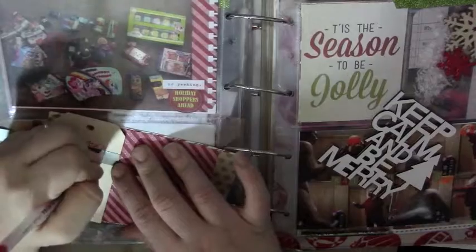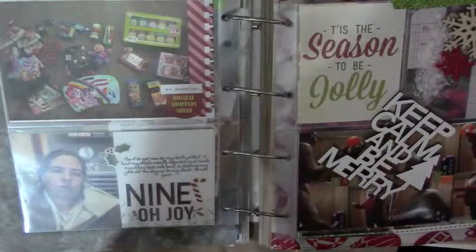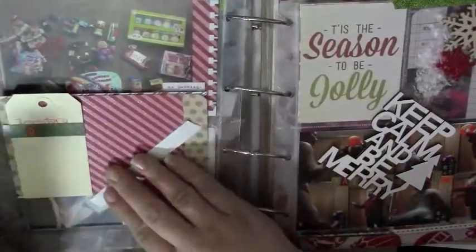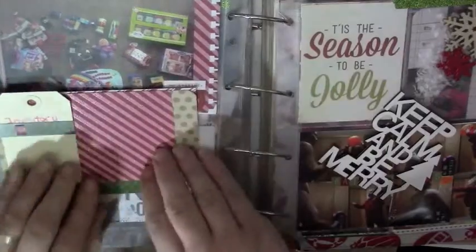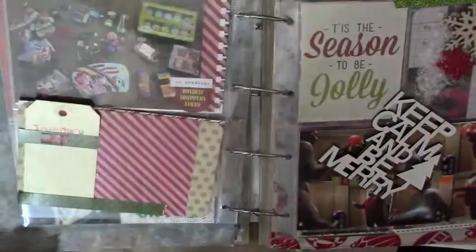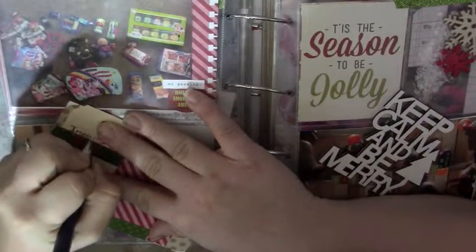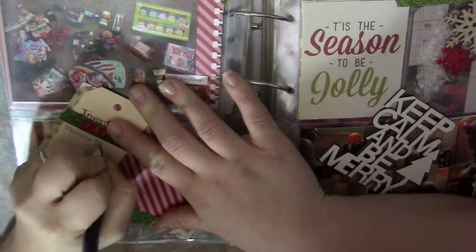Now I'm writing inventory day, but my Jelly Roll pen was not cooperating on the tag, so I'm going to end up going back over it with a black Sharpie pen. So I decided to use some of those Simple Story letters that don't peel off to write day at the top. And then this is a border sticker from, I believe, Echo Park. So there's the Sharpie, or I think it's a Sharpie. Maybe it's just a black pen. I thought it was a Sharpie. Anyway,